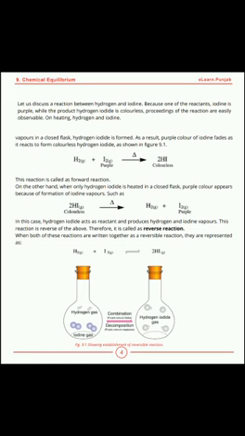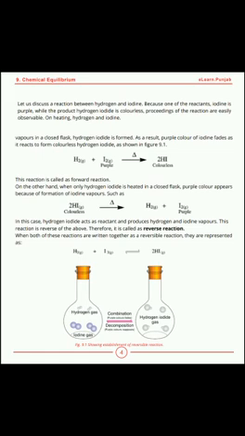This is reverse reaction. In the reverse reaction, hydrogen iodide is colorless. You can see this was the product in the first reaction, and in the second reaction it is the reactant. When products recombine to form reactants, the reactants of the first equation are formed. 2HI gives us H2 plus I2. In this case, hydrogen iodide acts as reactant and produces hydrogen and iodine vapors. This reaction is the reverse of the above, therefore it is called reverse reaction.